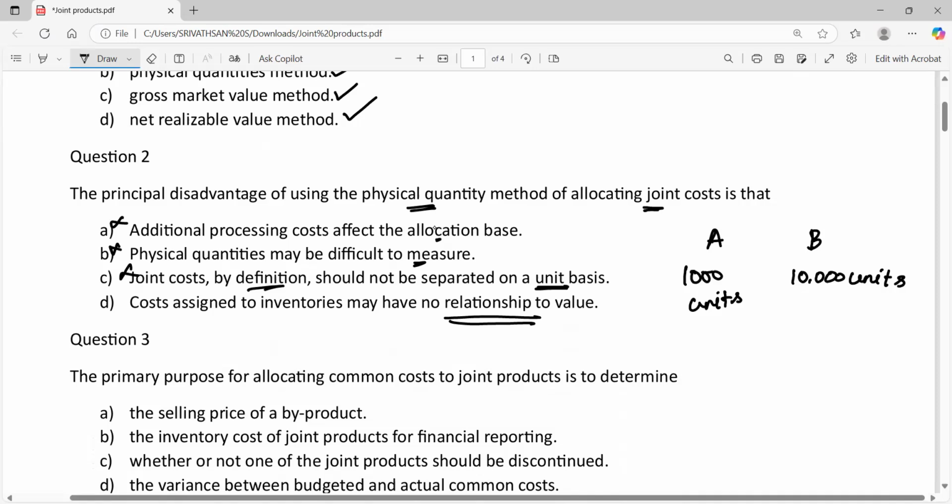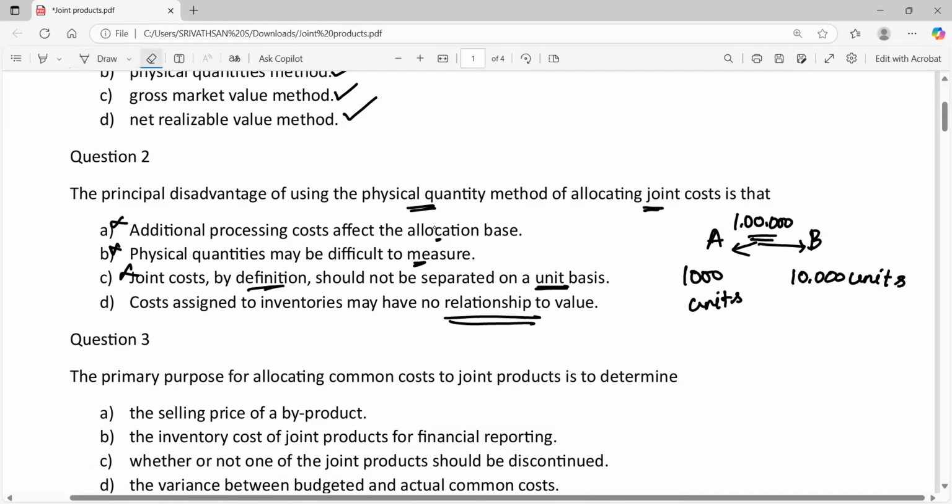Let's say the common cost incurred to produce product A and B is 1 lakh rupees. So this 1 lakh is known as the joint cost or the common cost. It is the cost incurred to produce product A as well as product B. Now, if you are allocating the joint cost on the basis of number of units produced, what will happen is,